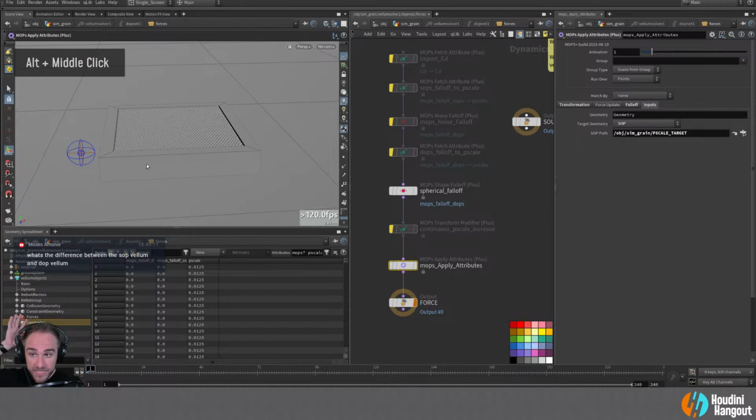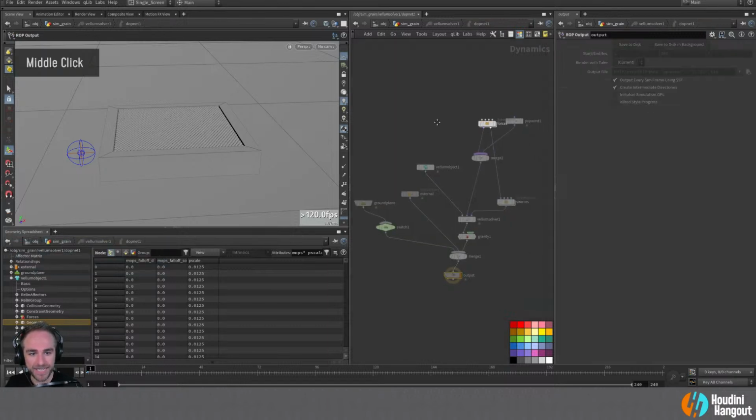Oh, the difference between the SOP Vellum solver and the DOP Vellum solver is really just that the DOP one you normally set up yourself, from scratch or from a shelf tool or something. It's quite a bit more flexible, as in you could do just about anything you would want to. The SOP one is, if we actually look here, this is actually the dynamics network for our